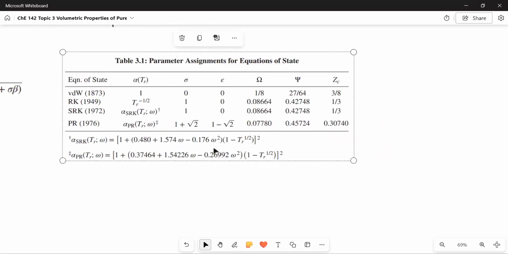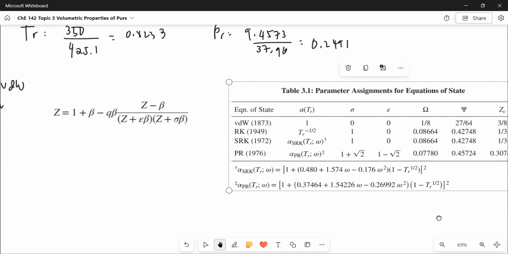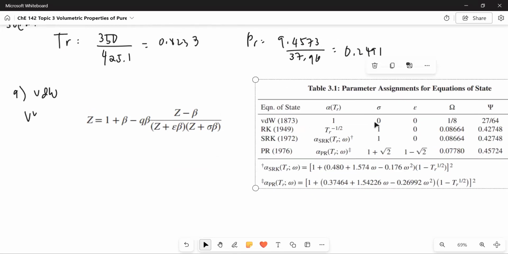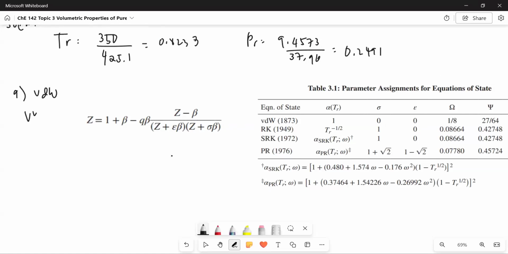Okay, so this is the table. For PDW, sigma and epsilon are 0. So these are 0, and our equation would simplify to 1 plus beta minus q times beta